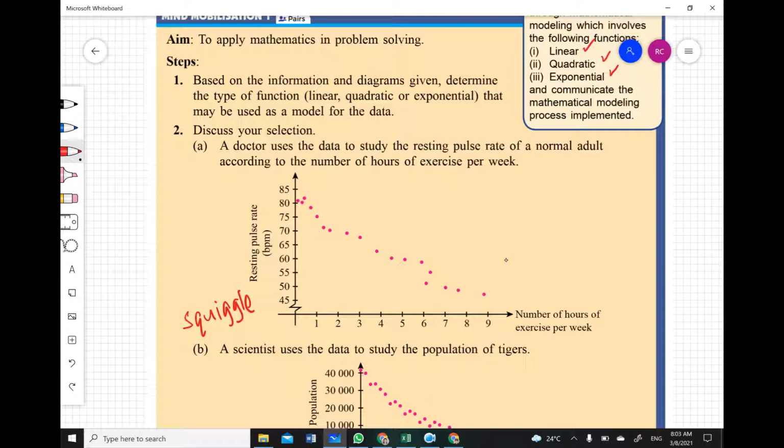If you exercise less than, no, let's say we take this at the back. If you exercise more than 10 hours, 11 hours, 12 hours, can you imagine what will happen to the resting pulse rate? Is it going to be lower than 50, lower than 45 over there? Or if I extend, wow, when you exercise for 13, 14, 15 hours per day, 16 hours per day,